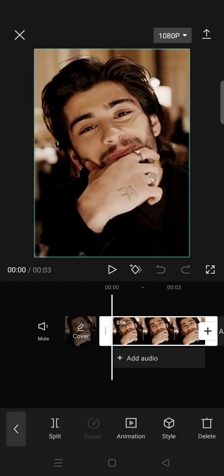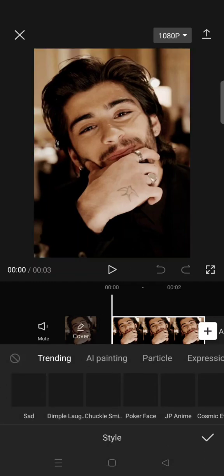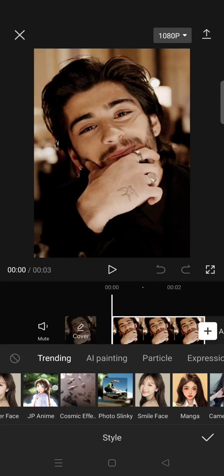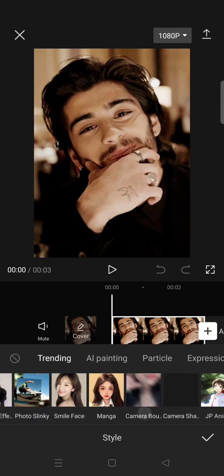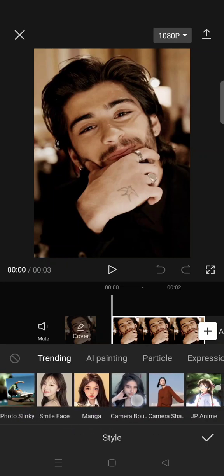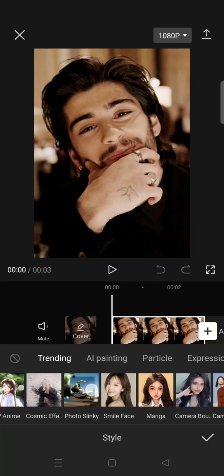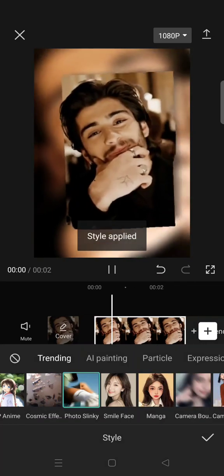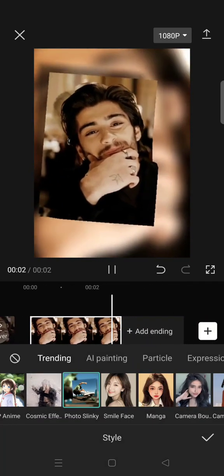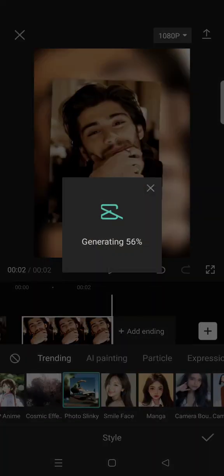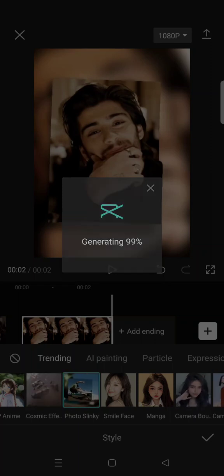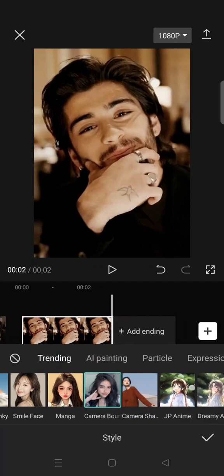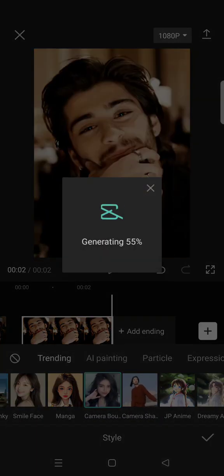So if you click on the photo, you'll find style. And in here, to make the photo move, you can use the photo slinky or the camera bounce or also the 3D zoom pro. So this is the photo slinky. So your photo will move like this, and this is for the camera bounce. Okay, it's pretty the same. It's actually the same. And this is for the camera shake,